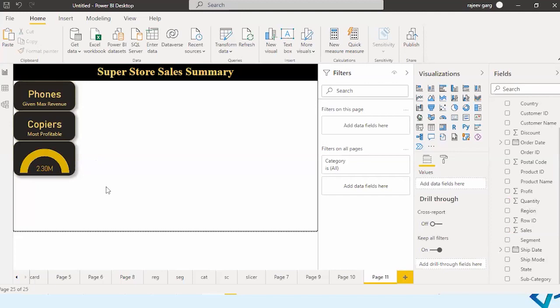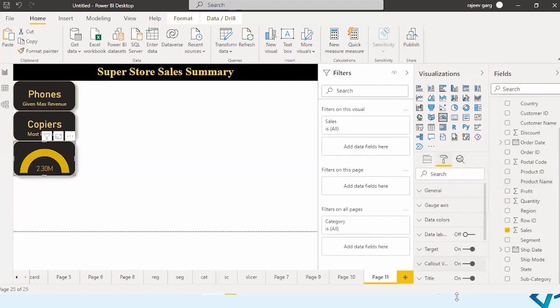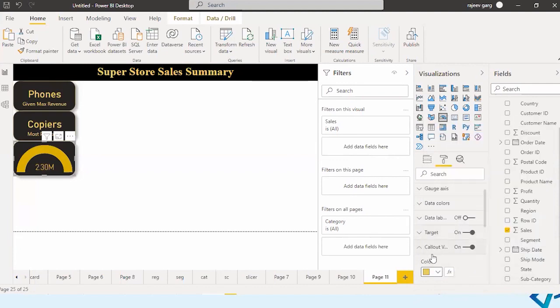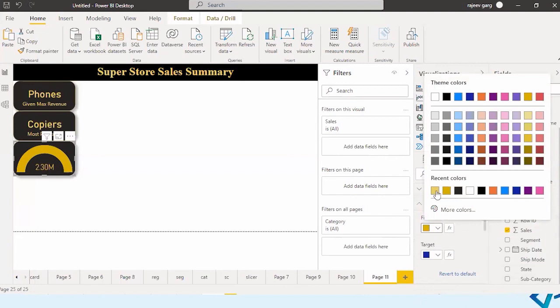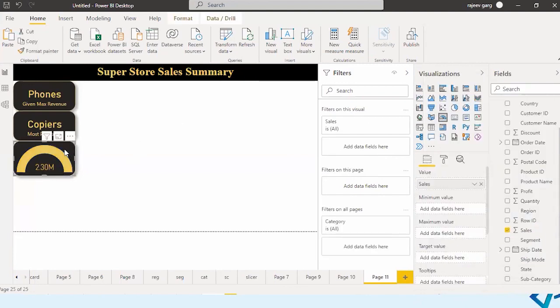So we are getting the sales over here, the total sales. Callout title, I don't want over here. So right, this is fine. This is the total sales we are getting. Total sales.